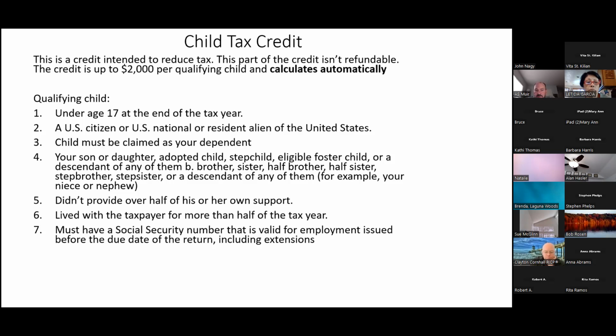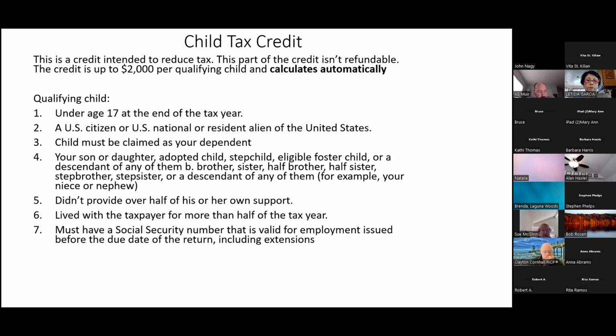And then of course, they have to have a social security number that's valid for employment. You're typically going to see someone with just a regular social security number. And then sometimes you'll see on that social security card, valid for employment. And that's why we ask for social security cards, because some people can't remember their social security number. They may be an immigrant to the United States and then they become a U.S. citizen, and they're not thinking like guys like me. I grew up with a social security number as a little boy, and you have that memorized and you use it all sorts of places. So again, look at the social security card.